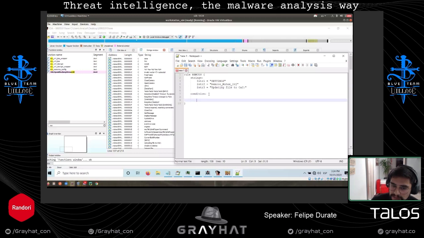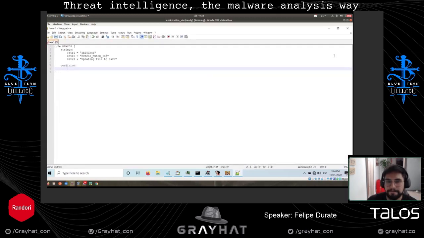The condition is basically a Boolean expression. So you can say any of those, all of those, only string one and not the other ones, or string one or string two and string three, stuff like that. So you can be crazy with that. You should probably study a little bit about YARA rules, but those are great. So in this case, I'm going to say just all of them.